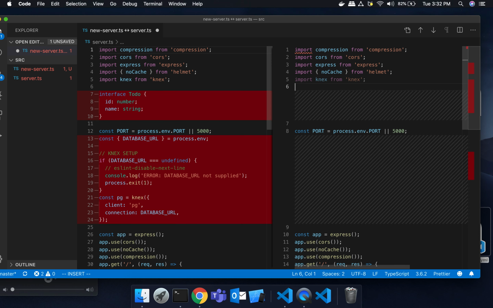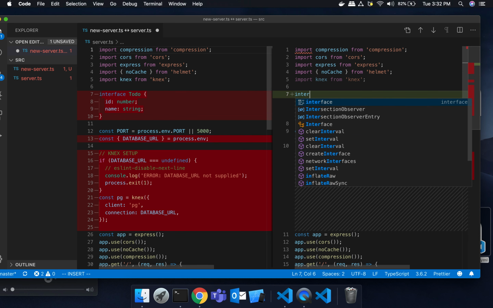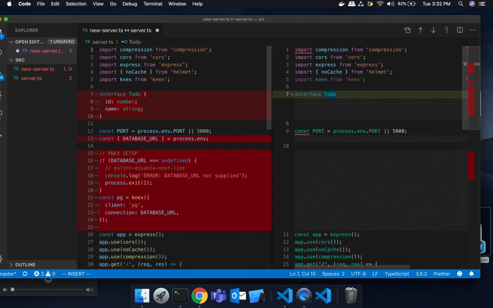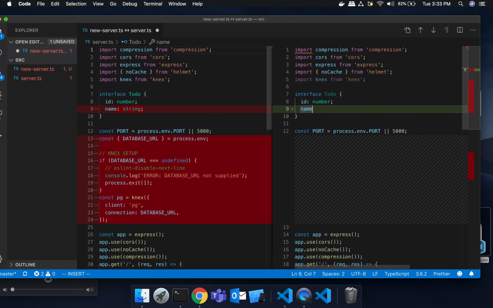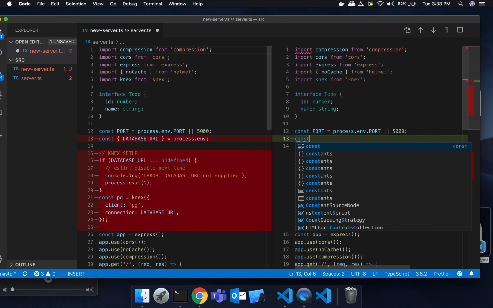Okay, let me add in an interface. Let me type it, and then I'll explain what this is. Number, and name string. What this here is, this is TypeScript, and just for cleanliness, I want to type my results of to-dos. Remember, a to-do consisted of an ID, a number, and a string, a name, so that makes sense. Now I need to get a copy of this database URL, so I'm going to do const